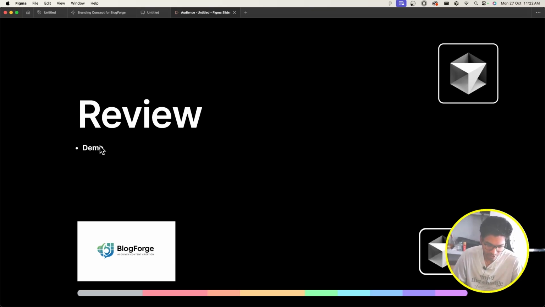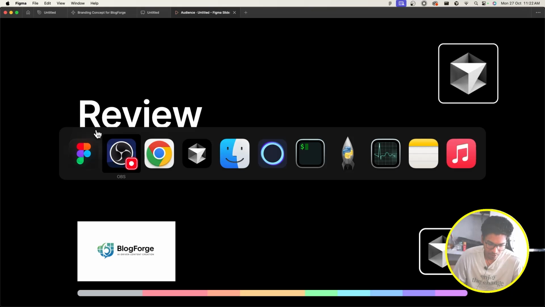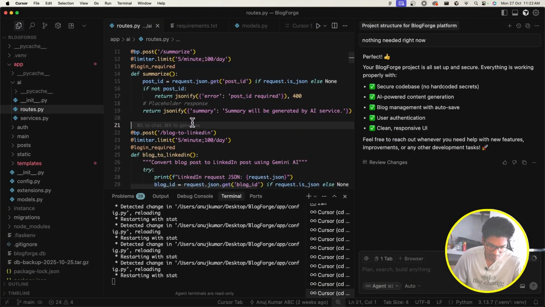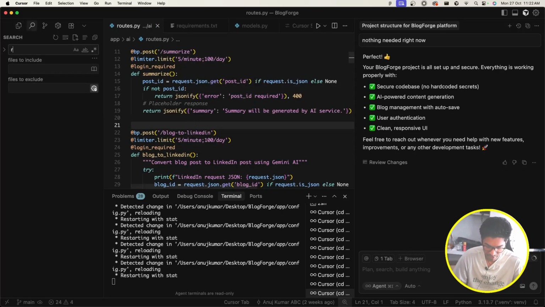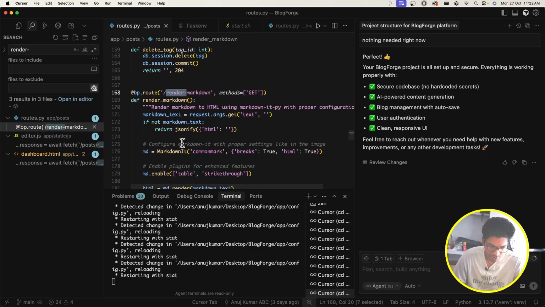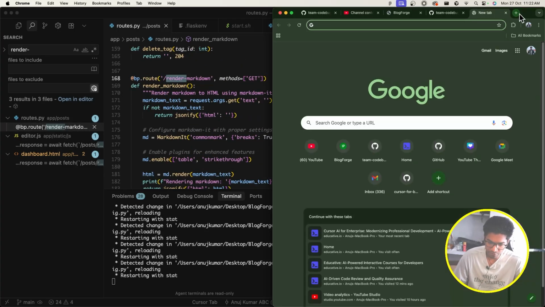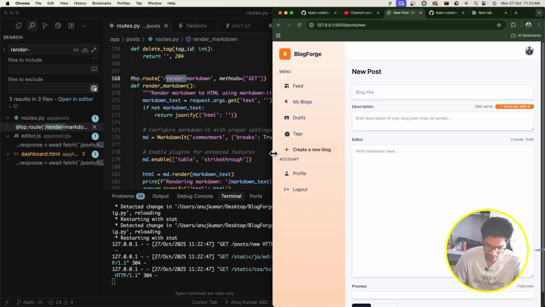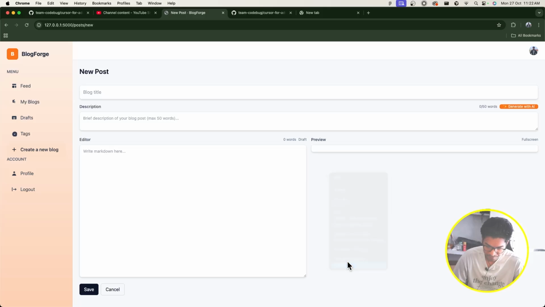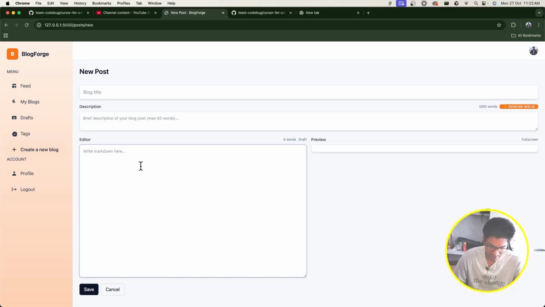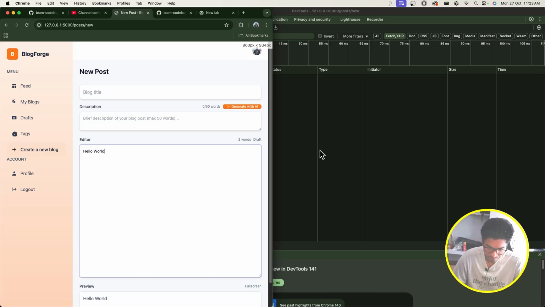Now let's jump into the demo with the review part first. Let's go to Cursor. We actually had one file where we were rendering markdown, so render markdown, yes, this one. What was happening in this API, if you remember from our app, is that you can go to create a new blog, and you can also open the network tab. Let me open the network tab and show you what I'm talking about. If I write something here like hello world,